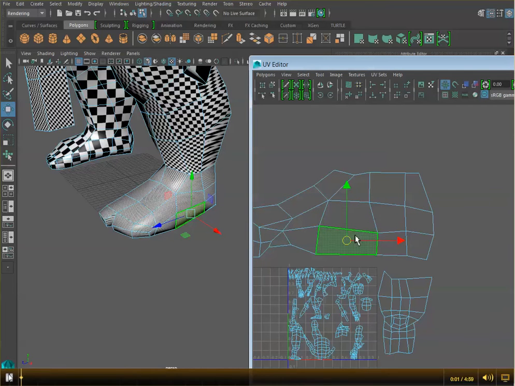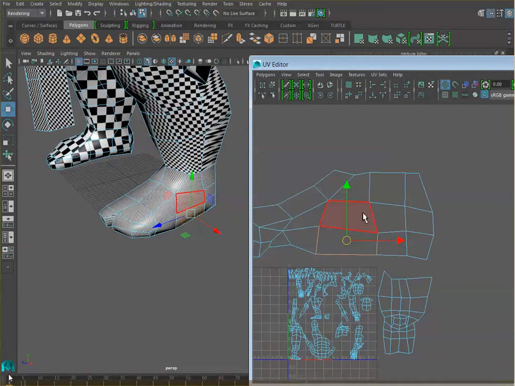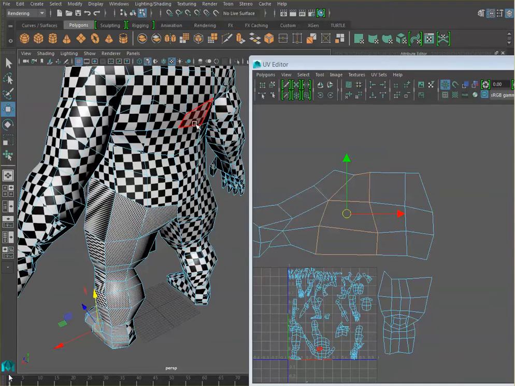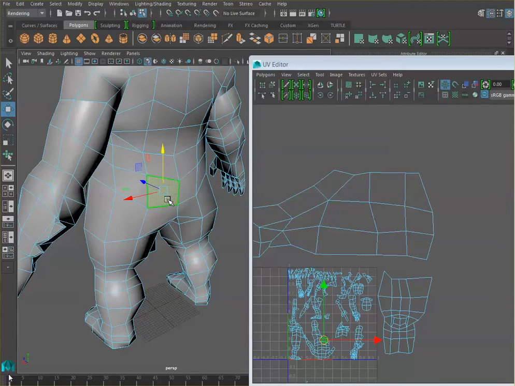I was trying to show you how you can select one face, and if you select the face right above that one, for example, you see that it selects that whole row. That doesn't make much sense there, but let's take a look at the character. Let's say you want to select this part up on the character, or on the fingers, for example. When you do the fingers next, you could select these two faces, and